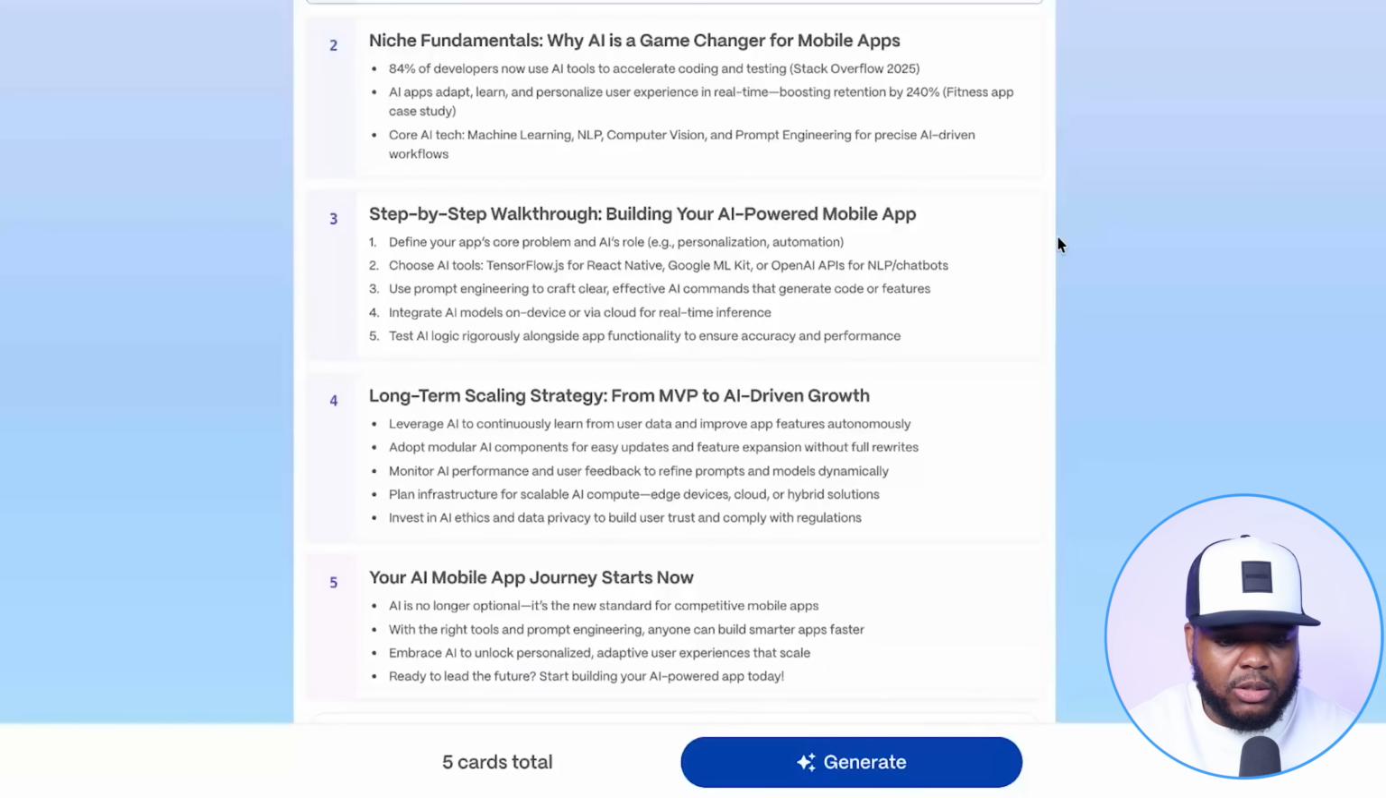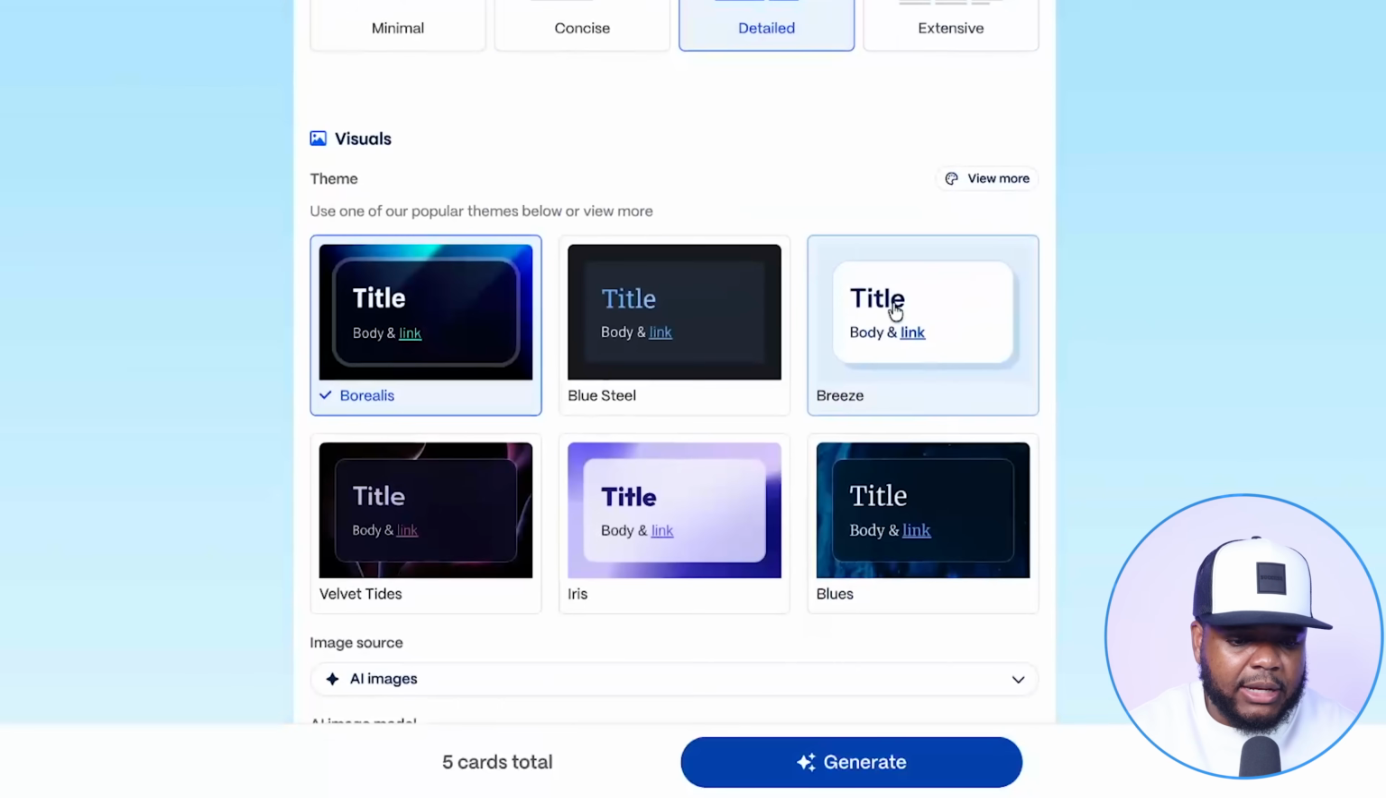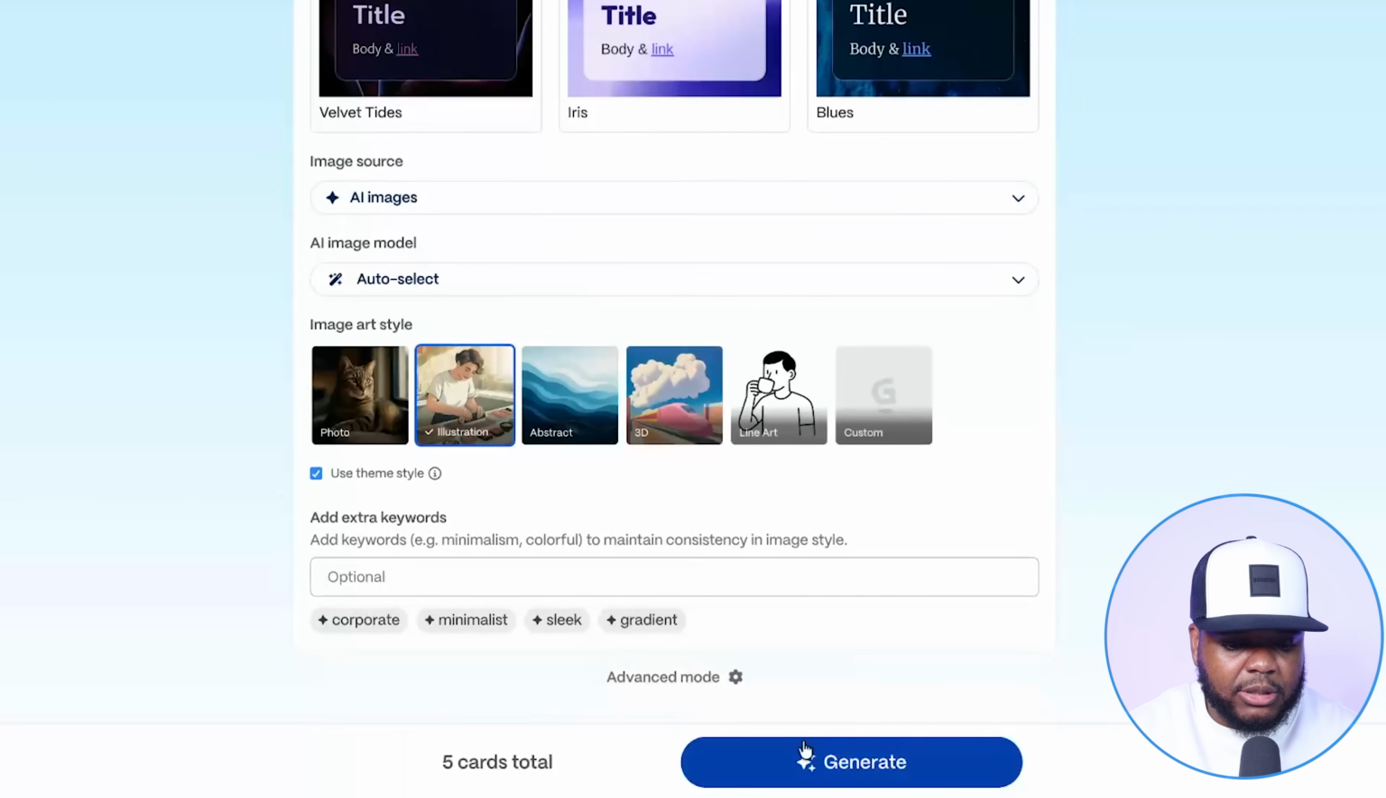My recommendation is to go through it, make sure that you're happy with it, adjust it in any way that you need to. But if you are happy with it, just click on detailed or extensive and select whatever theme you want to go with. So I'm just going to click on blue still. I'm going to say that I want it to be AI images, and then I'm just going to click on